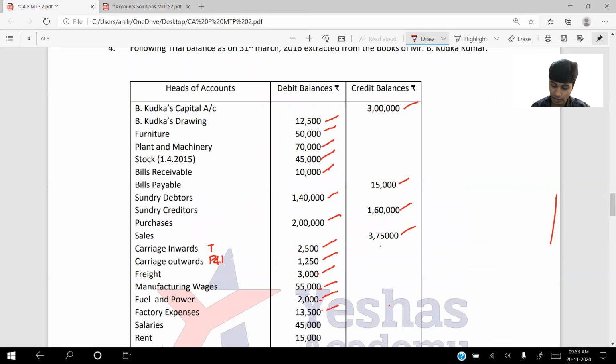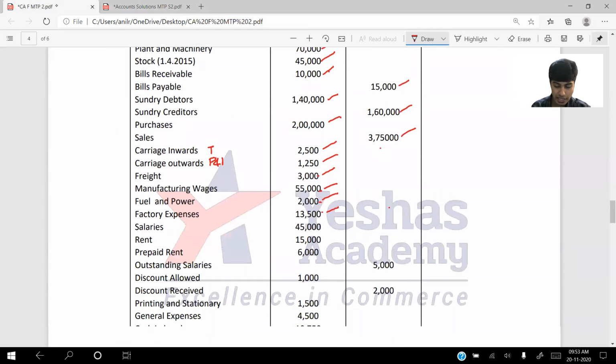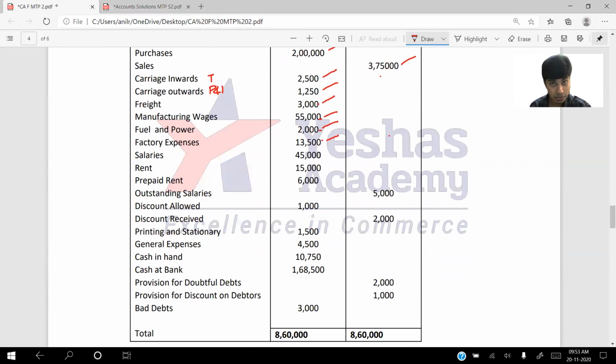I'll explain. Don't worry. Salaries is indirect expense, P&L